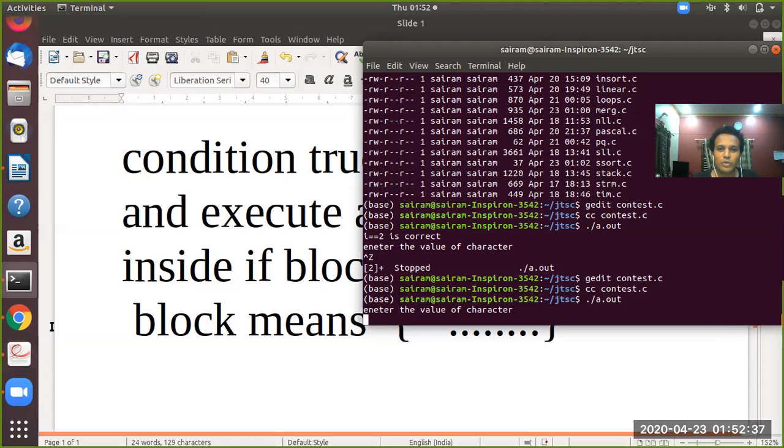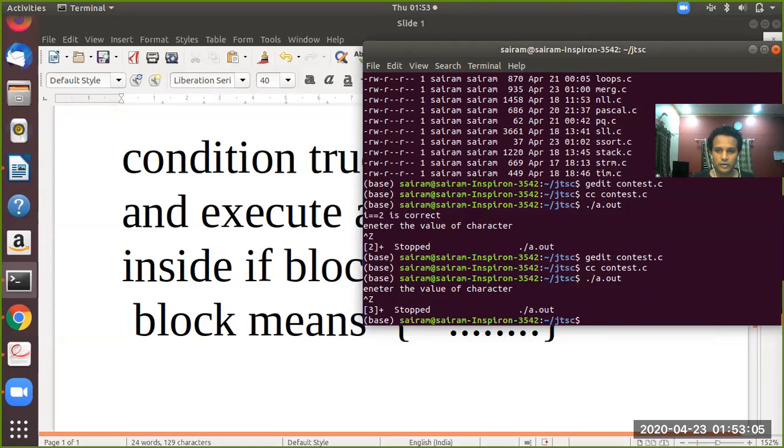Now in the program you could see, if I is really 2, it must print the statement I is equal to 2 is correct. But since I is equal to 100, now it is not printing the statement. Instead, it is escaping that particular block and printing the statement which follows the block. Okay, so Control Z. So let us go to the program and analyze further how it works out.